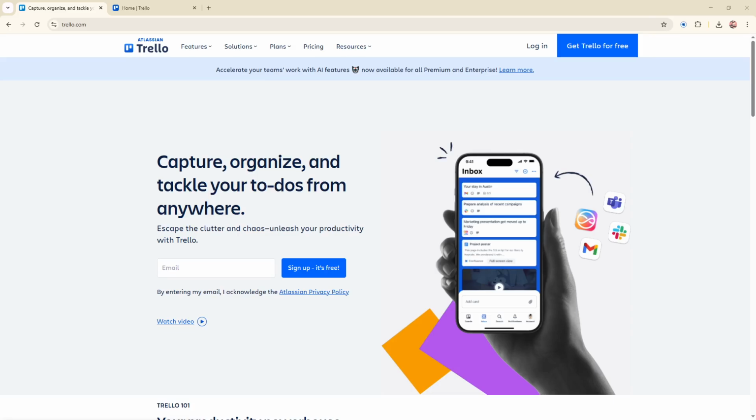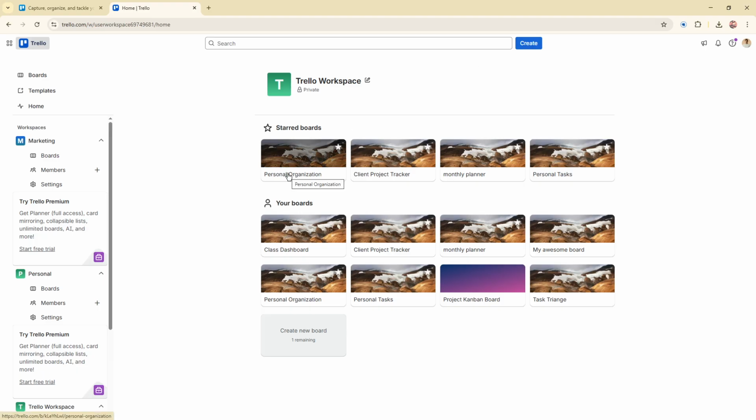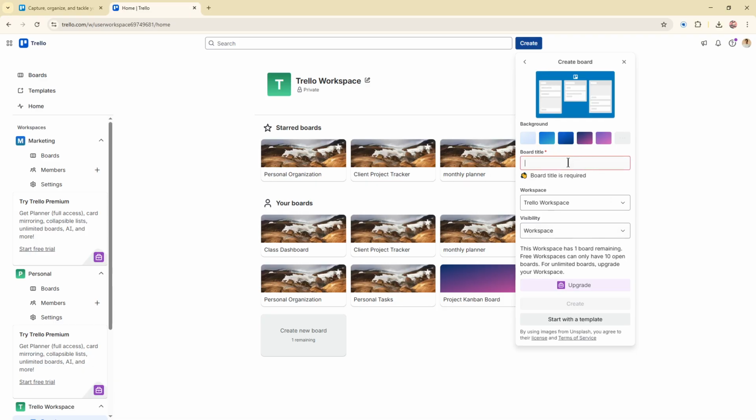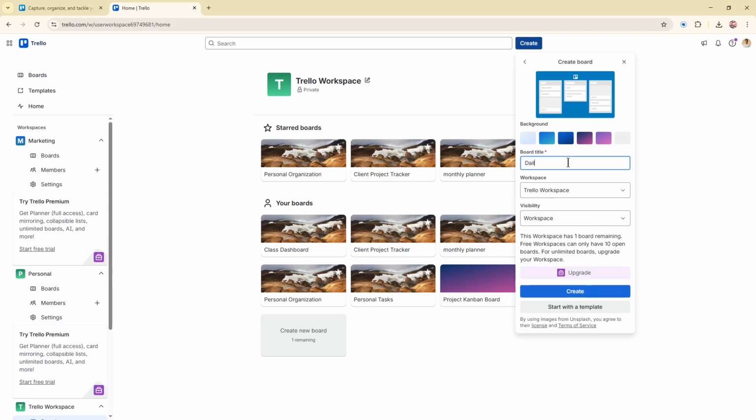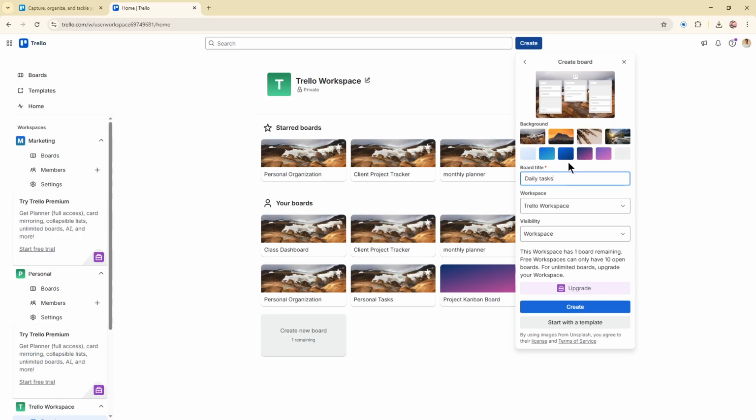In today's video, I'm going to teach you how to use Trello for daily tasks. Start by opening Trello and logging into your account. Once you're in, go straight to the Create button and choose Board. When Trello asks for a name, enter Daily Tasks. Then click Create Board. This gives you a clean workspace dedicated to planning and tracking everything you need to do